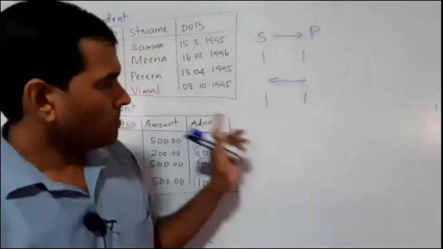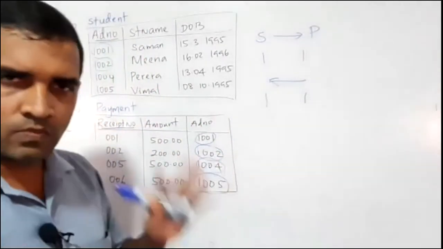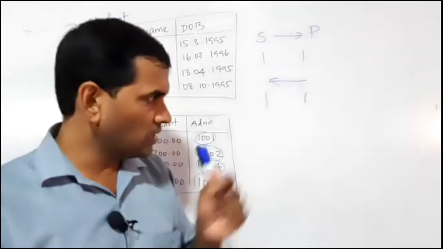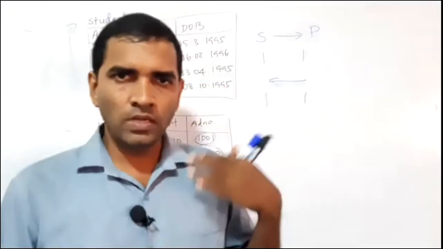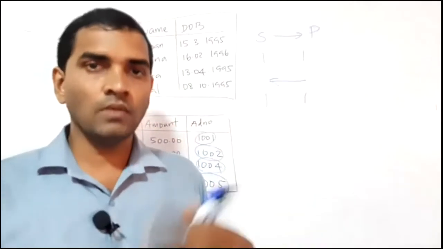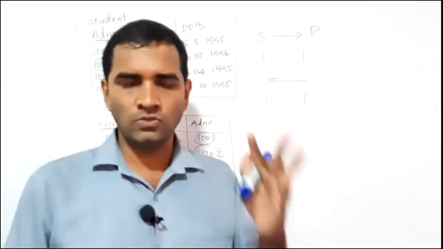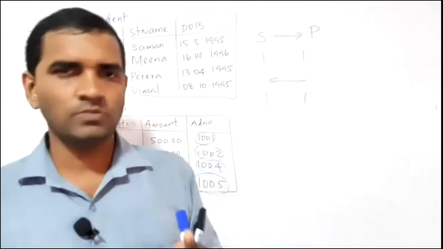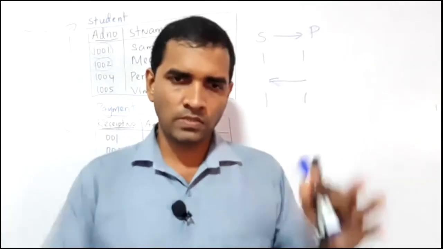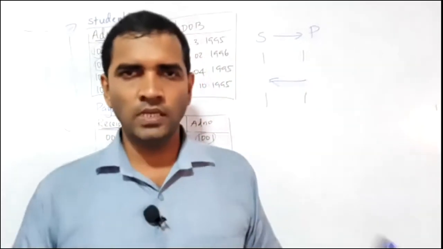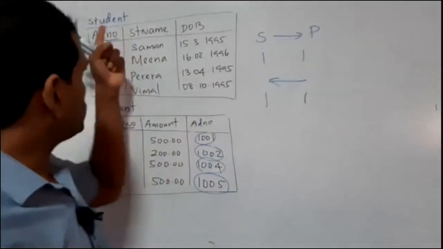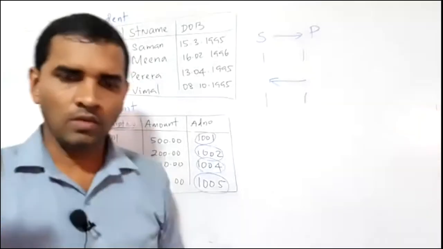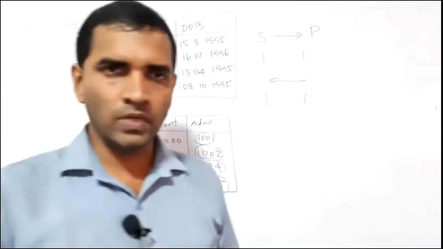So look here. I want to describe this one-to-one in a different manner. Listen to me, this is important, right? You have to understand carefully, then only it will become easy, right? If you have any doubts or confusions, ask me, right? You can ask at the time when I explain, then only you can clarify, right? Listen to me carefully, right? So I have two tables, student and payment, and we also identified a one-to-one relationship, right?